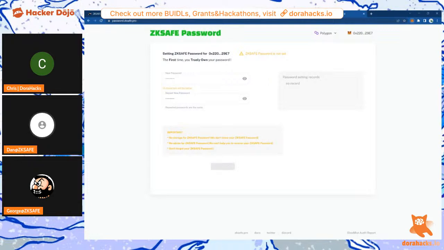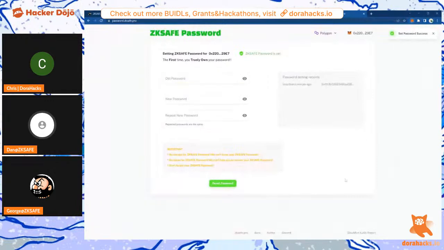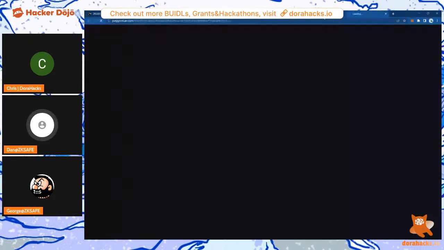Yep, I think the transaction is completed, and then I officially have a password of my own on the internet. In the traditional database approach, the password is stored on somebody else's servers, which is unknown to anybody, and the administrator of the database can update or change your password anytime.